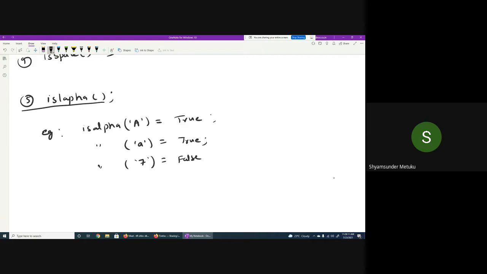Then what? False, because it doesn't belong to an alphabet. The last one, isalpha. What do you get? True, I guess. False. The error.